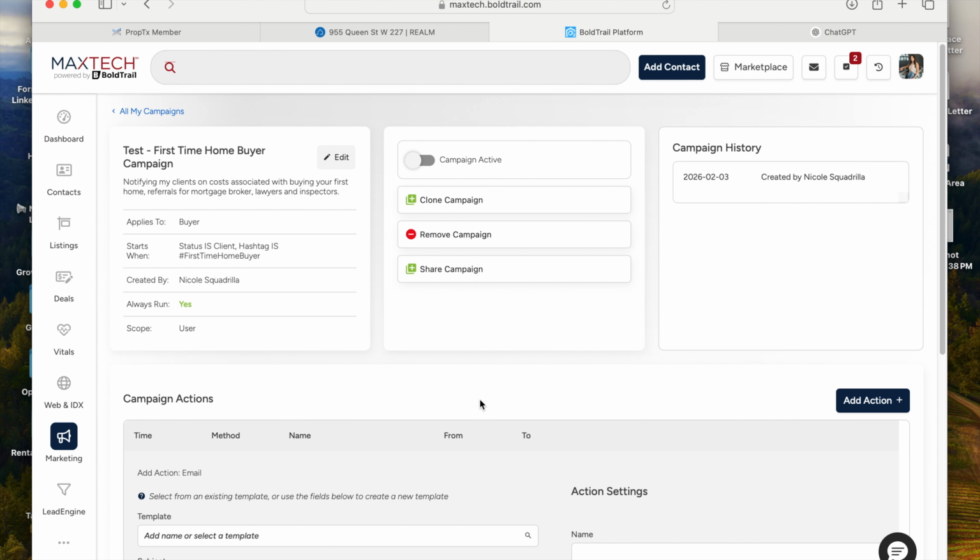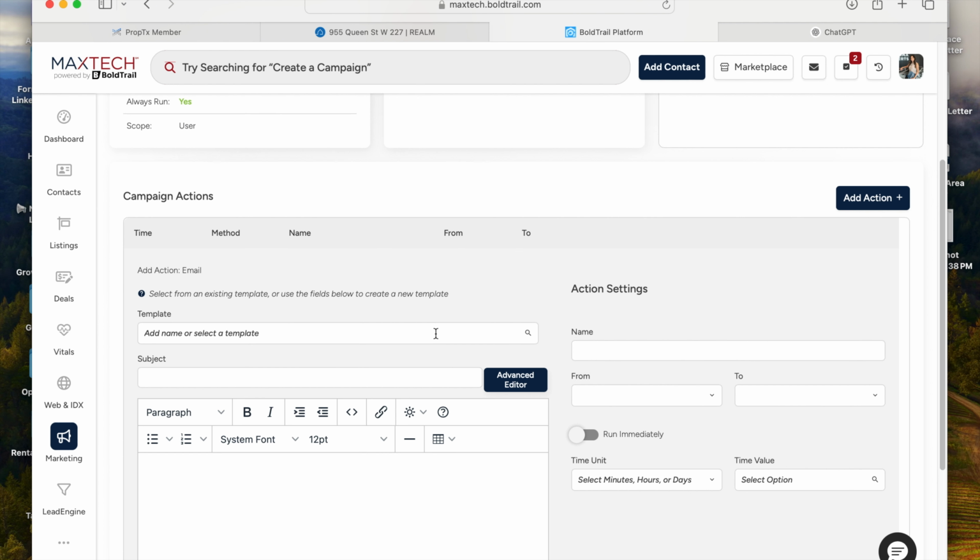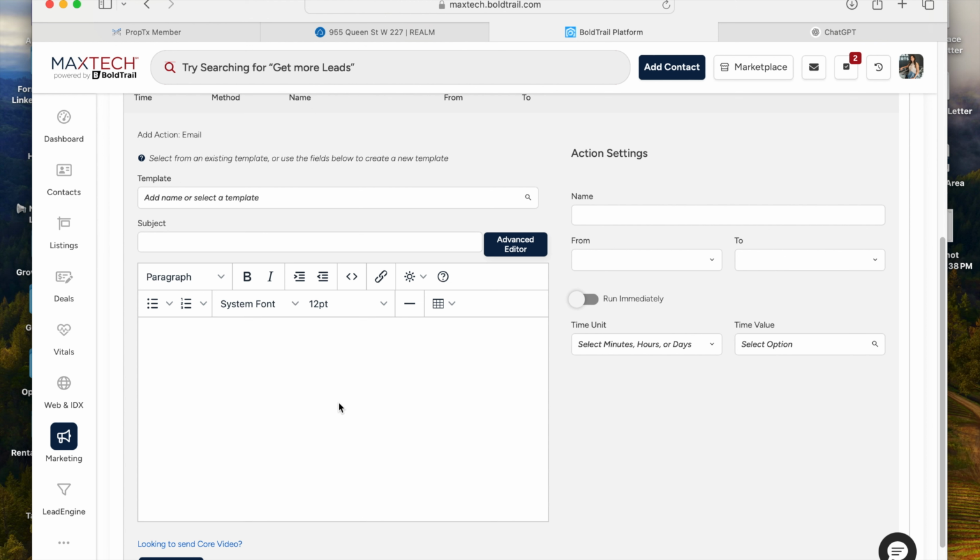So let's click email. Okay, remember, ChatGPT is open. So we're gonna write an email for, if I had a first-time home buyer, it would be to let them know about any associated closing costs. So I'm gonna write the subject line as first time, I'm changing it, sorry, buying your home,